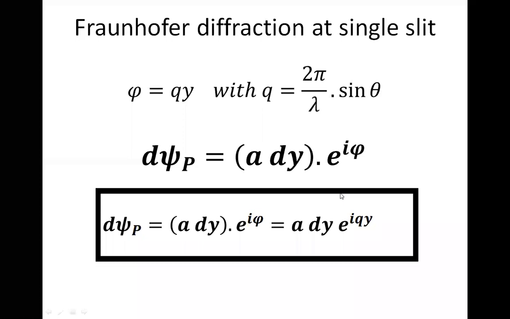What is Q? That part I'll explain. Q is nothing but 2 pi by lambda sine theta. I will explain this in the next class. Just to avoid carrying this big expression, instead of calling this entire term 2 pi by lambda sine theta, for mathematical simplicity, I am calling it Q. It has no physical significance. Instead of carrying a big parameter, I am putting it as a smaller parameter. That's all. There is no physical significance.